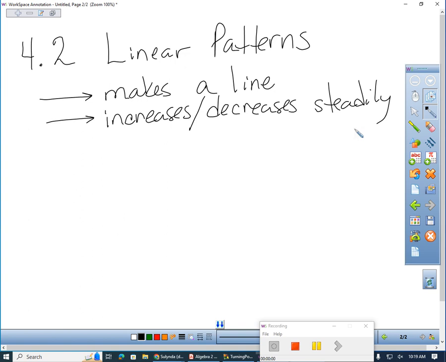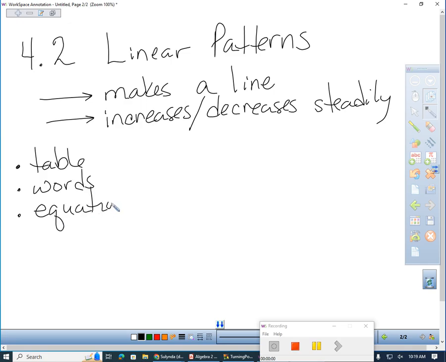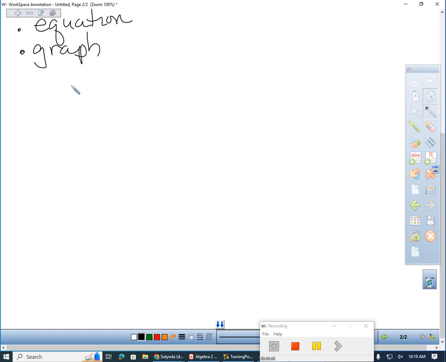So today we're going to represent these linear patterns with a table, words. You're going to have to write some words for me today. I know it's terrible. An equation and a graph. So what I want to show you is how it's all going to go together. I'm going to start with a table, and then show you how it all works before we start getting into examples. So, if I have a table, here's my table, and I have X and Y,